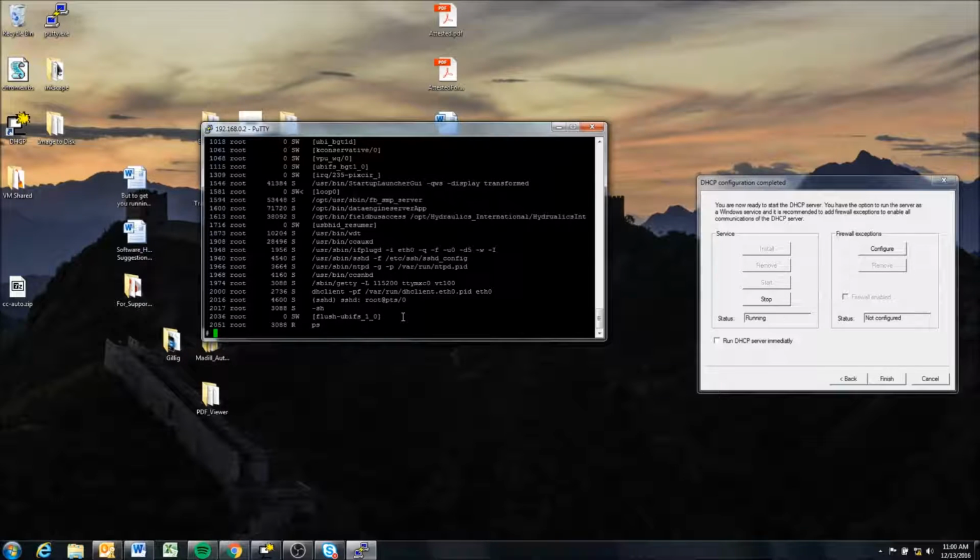So if you forgot to put in a close button, then it's helpful to just be able to type ps. You see the list of running applications. Each application has a PID number associated with it. In this case, I see the PID associated with the Startup Launcher GUI is 1546. So I can use the kill command to kill any running application on here. So I can say kill